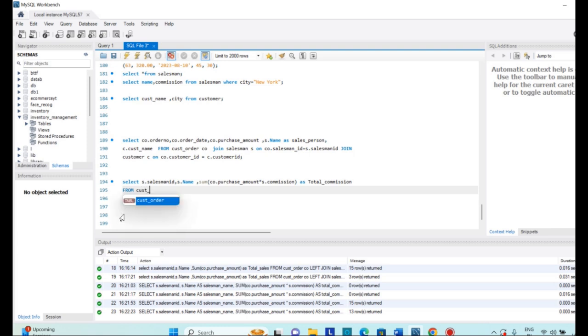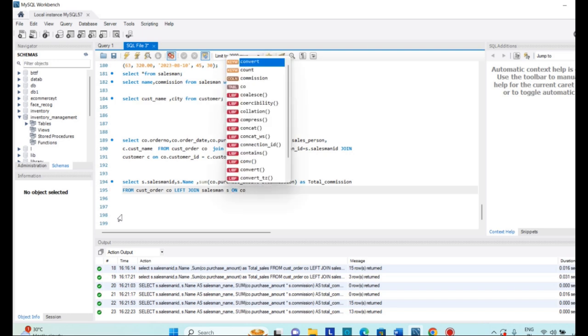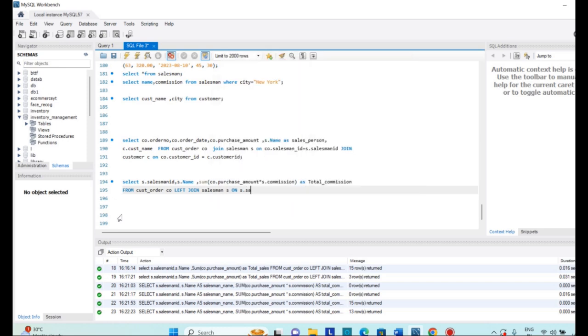Here we will take the table from customer order CO left join. We need to display all the details of the left table, so we will keep a left join, salesman S on, and here we will satisfy a condition, that is s dot salesman ID equal to CO dot salesman ID.